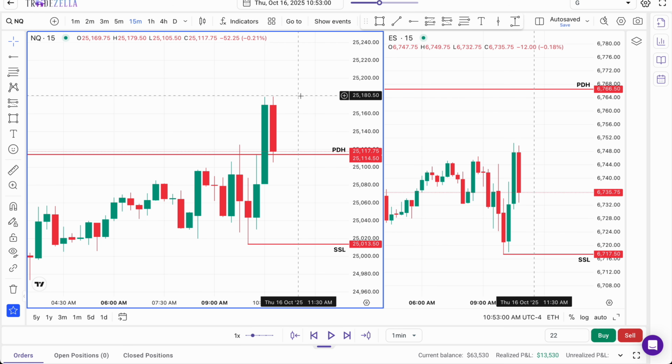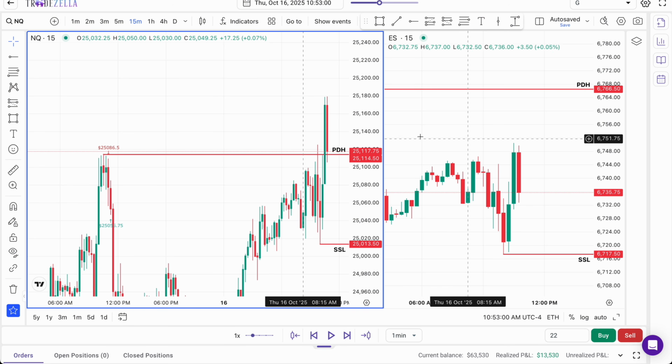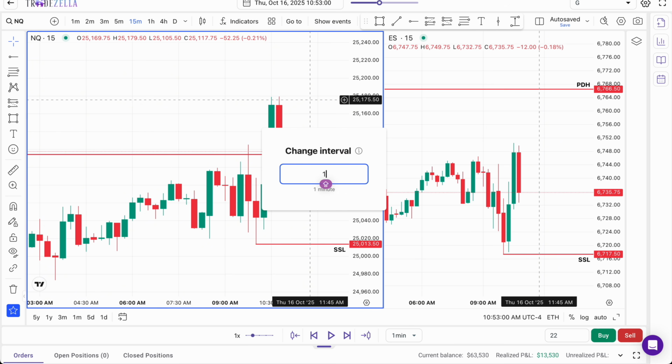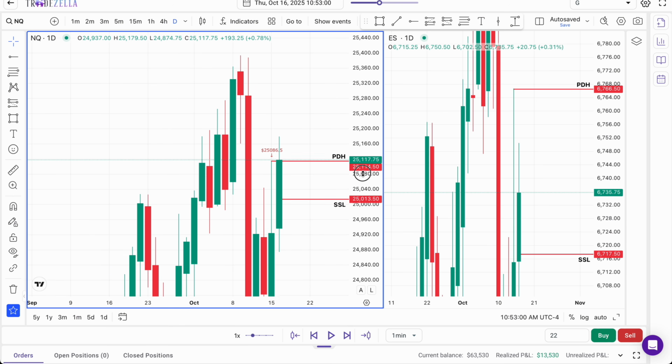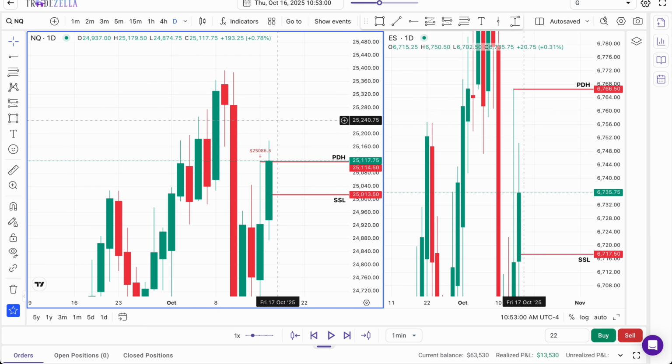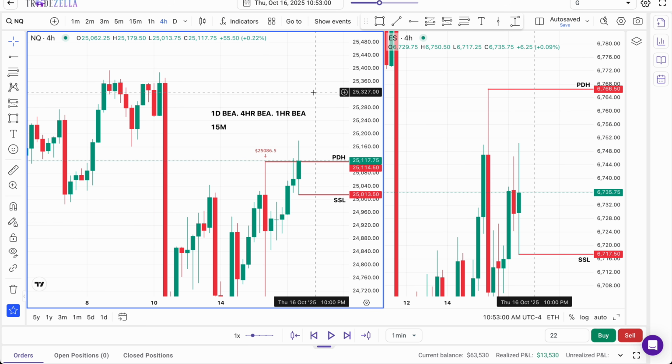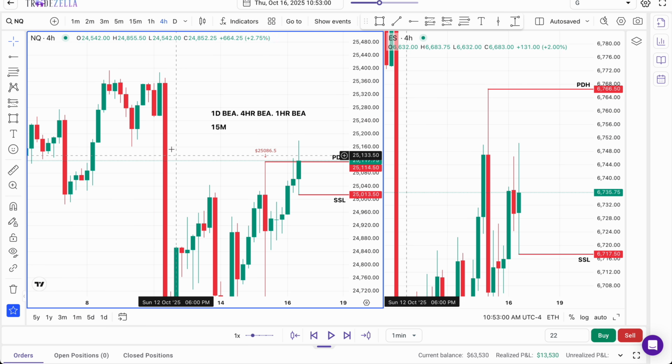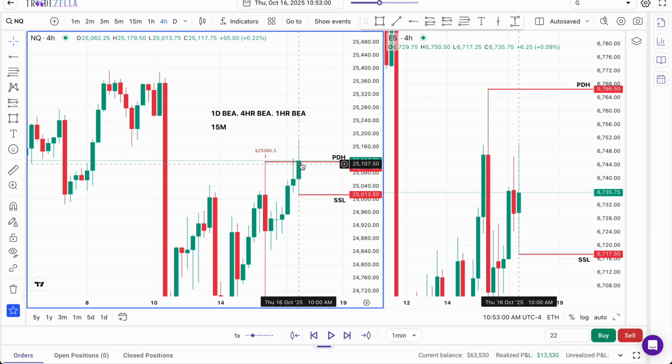Okay, so now we've marked out the key liquidity levels. Going into this second day of macro, which we're already a few minutes into, you can see we've already swept buy side with a bearish SMT on ES. So let's formulate our bias starting on the daily time frame. You can see the daily's bearish. The 4 hour is going to be bearish. So we traded out of the bullish gap and then we've traded into only this bearish gap after taking the high. So we're bearish on the daily, bearish on the 4 hour.